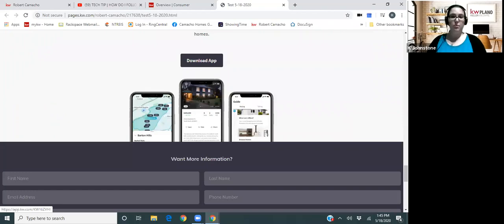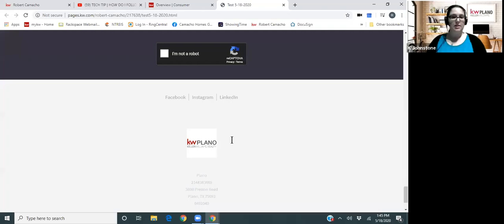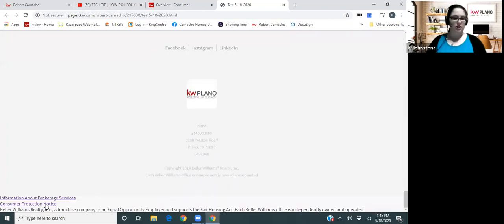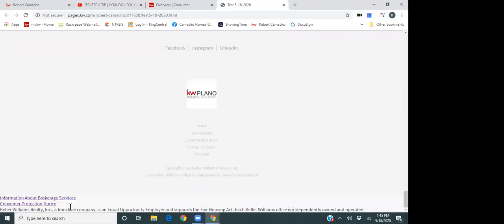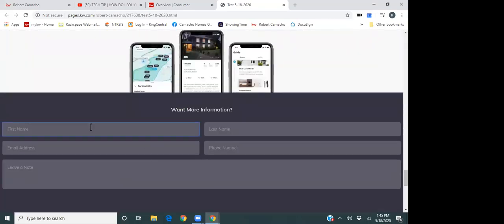And then if I want more information, I can put my name in, and it will end up in your Command database, and you'll end up with a notification saying you have a new lead within there. And here we have the broker information. And for the new lead information, are you still not getting a notification, like I have to go in and check my